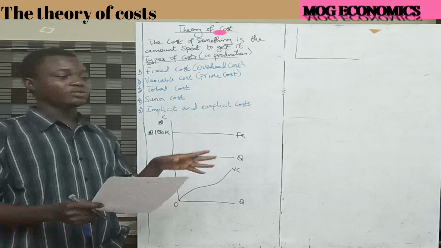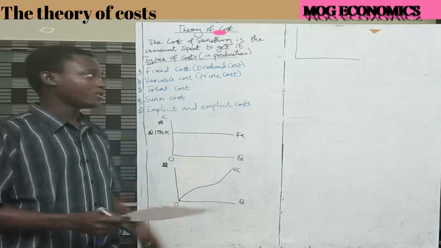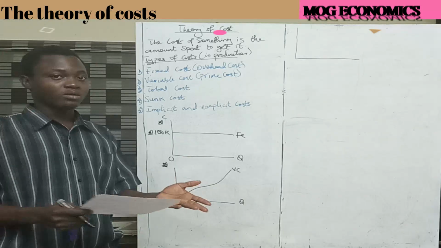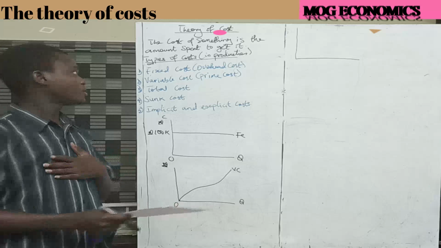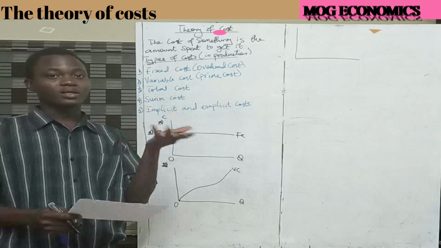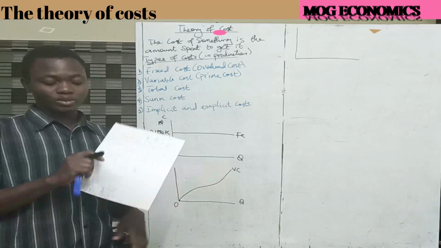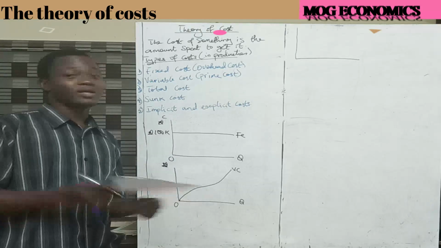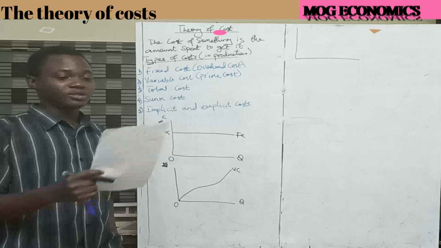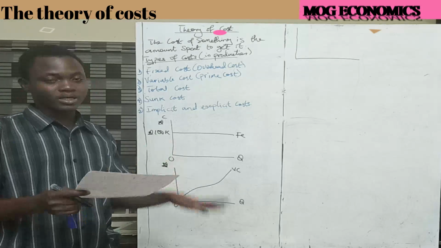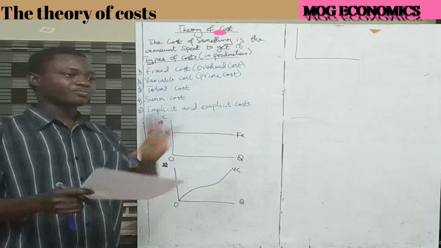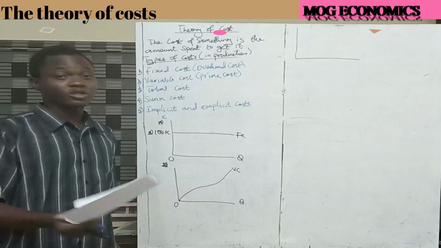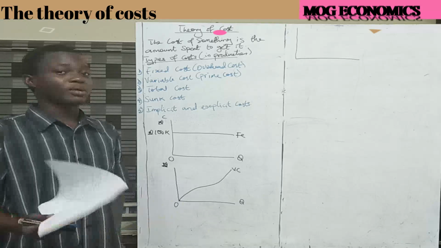So in this particular case, we are looking at cost in terms of production. Okay, so the cost of something is the amount spent in order to get that thing. So I have a marker here with me. How much did I get it? I think it was 150 naira. So that's the cost, right? So I have a piece of paper with me. I bought it in bulk, kind of. So the amount I spent on the purchase is the cost of the bunch of papers that I bought at that particular period of time.